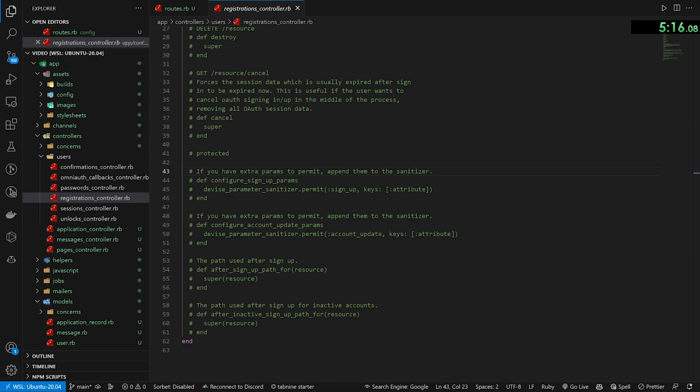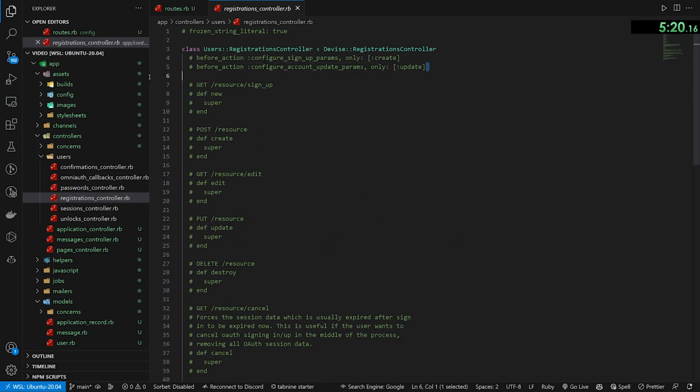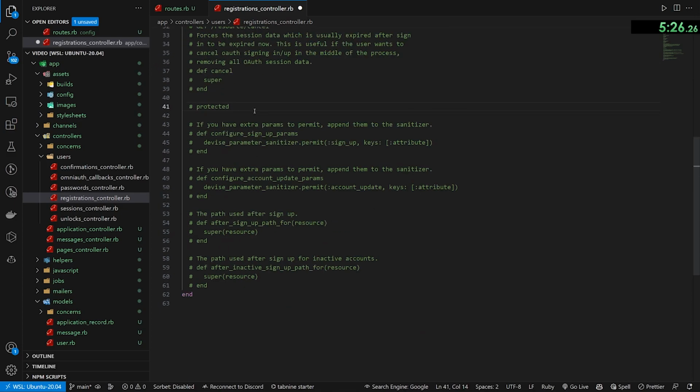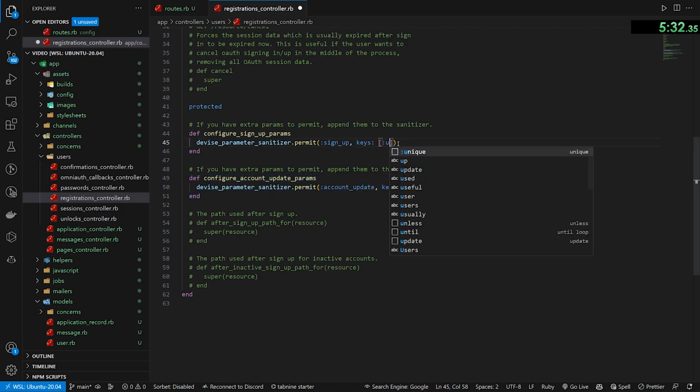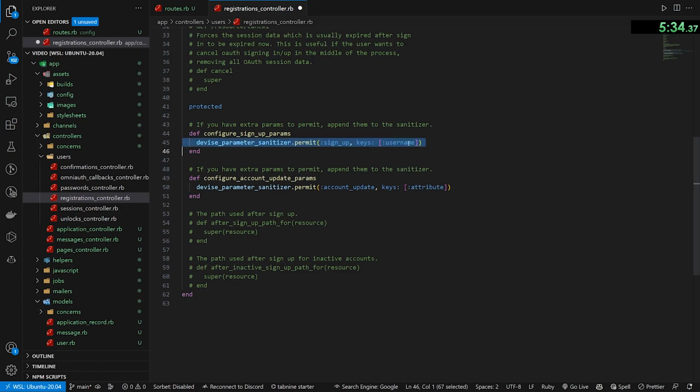Whenever you want to add a new field to Devise, you have to tell it if you want to be able to use it for sign up or for account update. In my case, I want to use it for both. So we have to add both of those to the top there. And then we have to uncomment both the configure update and configure sign up to use the username. This now allows you to actually submit the username to your database,